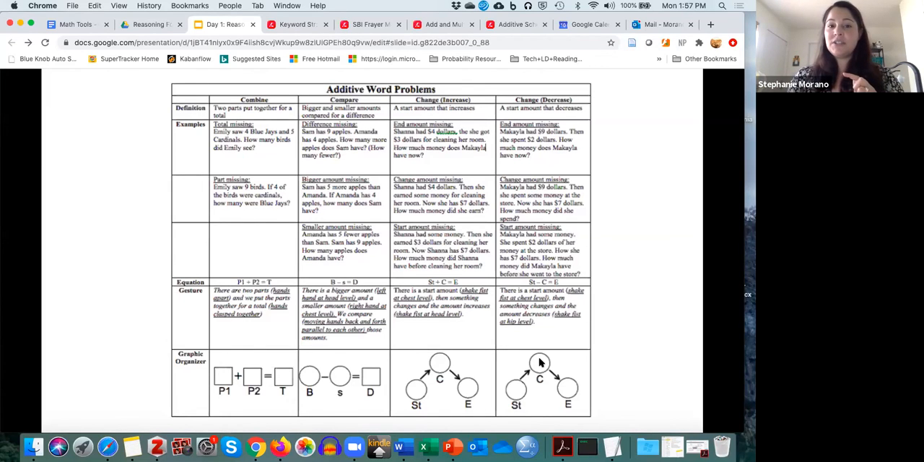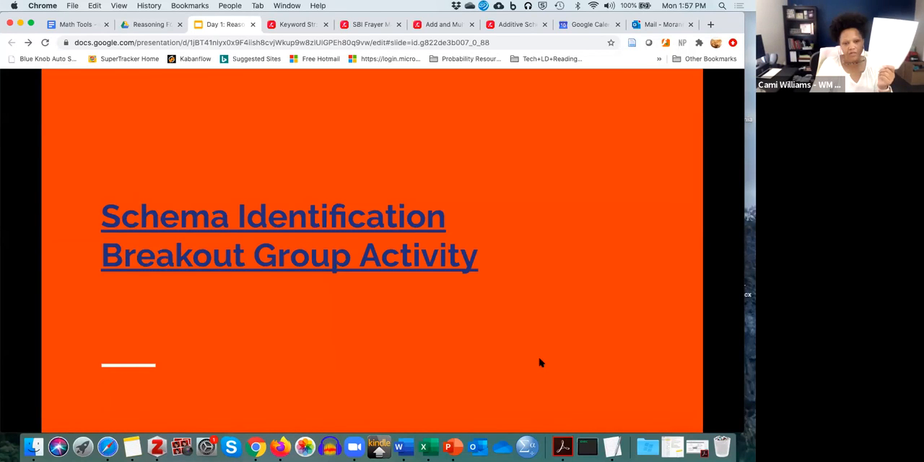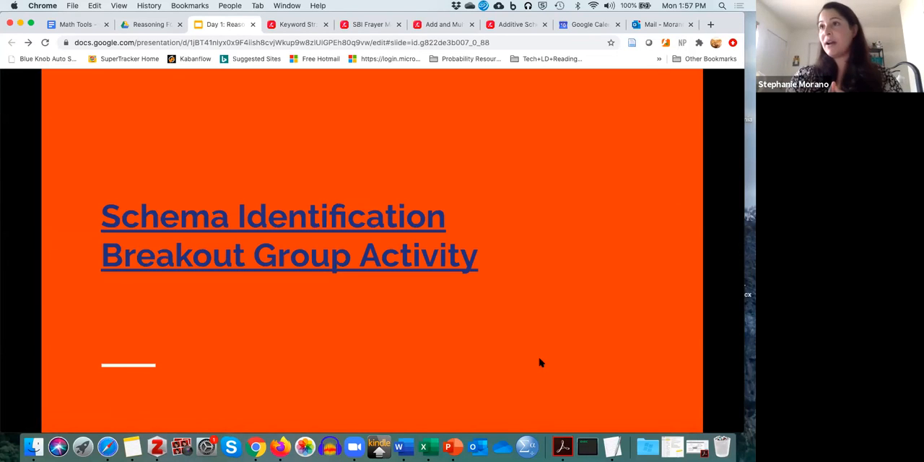This slide is just a graphic organizer for you, just as reference for you. This is in the Google Drive as well. It's got all of the additive schemas, examples of all the types of problems within each schema, the equations, explanation of the gesture, and the graphic organizers. So again, this is in the Google Drive for you. And they also received the hard copy in their folders. Oh, good. So you've got a copy of that too. And that's really for you. I wouldn't give that to students, obviously elementary age students. That's a lot of information. That's just a reference. So I had a great breakout group activity planned, and I think what we'll do is